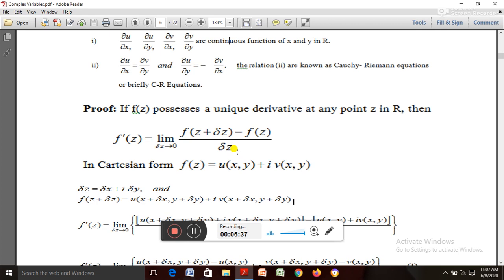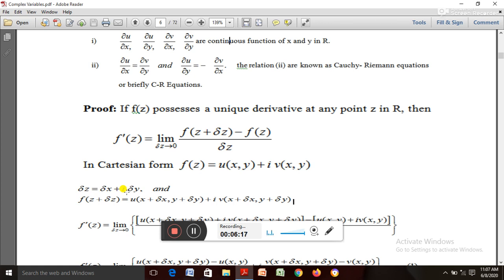In the Cartesian form, the complex variable w is equal to f of z, which can be defined as f of z is equal to u plus iv. So f of z is equal to u of x comma y plus i times phi of x comma y. It is a representation of a complex variable where u and phi are defined on x and y. And delta z is delta x plus